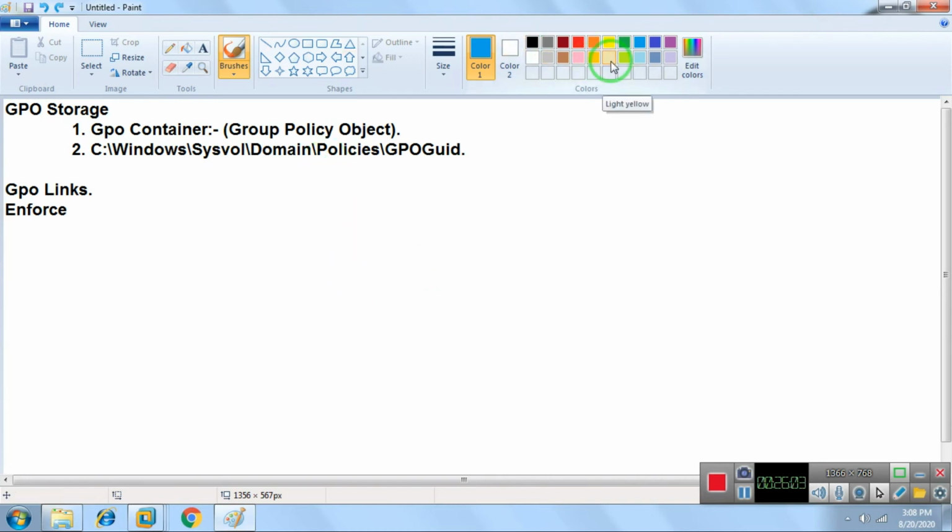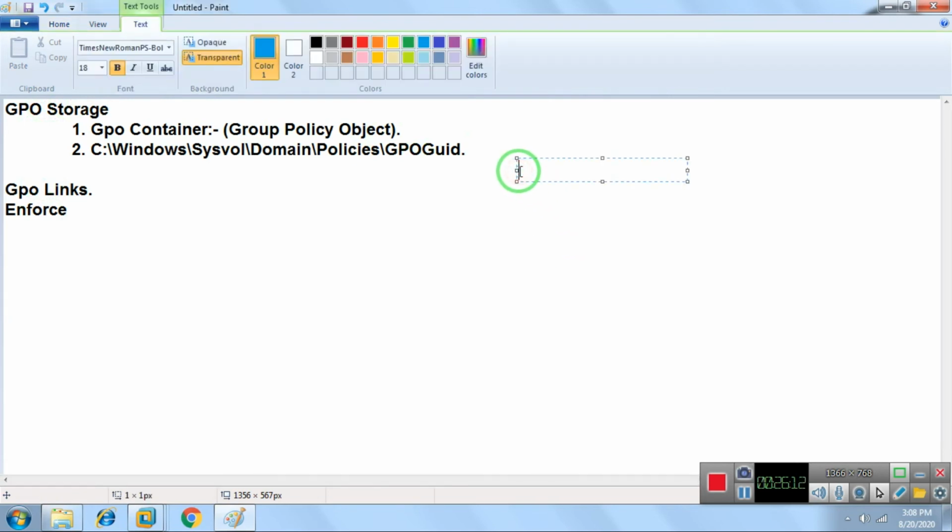Now imagine that we have a policy order like this. If I talk about the policy order, your policies are applied starting with local. First the local policy, the local GPO, is applied. I already told you that when we install a server OS on a particular server or system, local policies work by default, because it works in a workgroup. So first the local policy is applied.